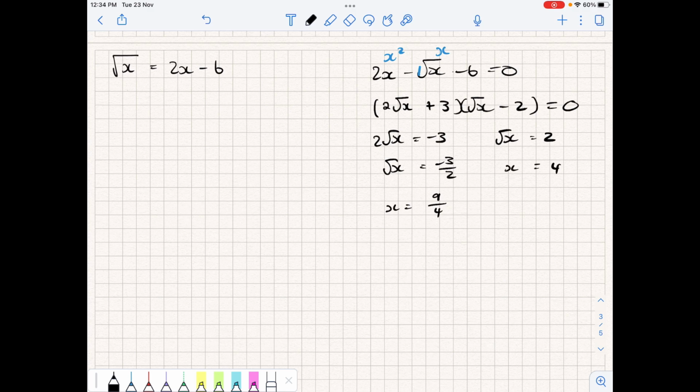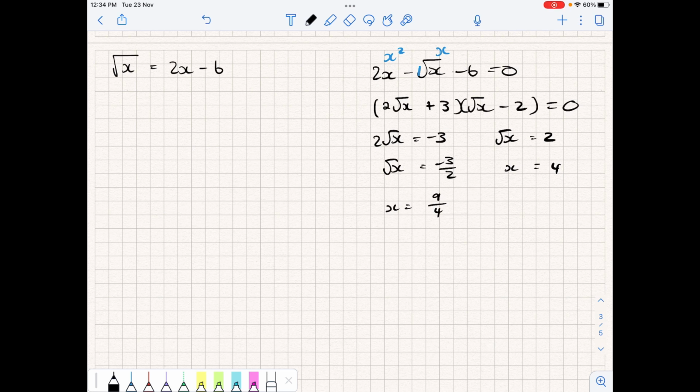Now we need to check them, we need to put them back into the equation to make sure that they're both valid. But we'll do that in a minute, right? When it comes to surds and taking square roots, we can't just assume that the answers we're given are correct. Because when we square things, we lose information. Sometimes the answers that we get have lost information and they aren't valid anymore. Okay, let's look at an alternative way that we could have solved this, and then we'll look at which solutions